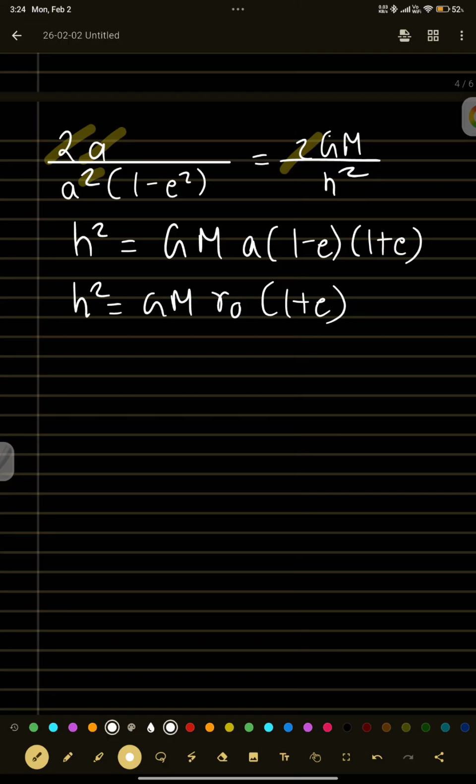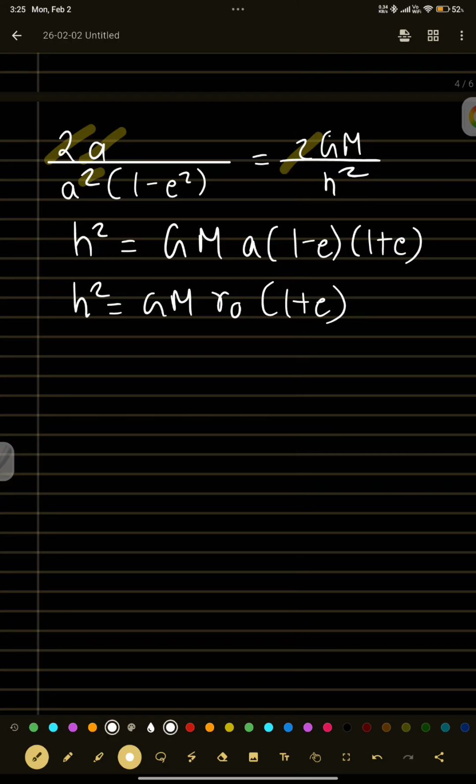Time period. What is the definition of time period? From the point where we are watching the planet, how much time will it take to come back to the same point? That is the time period. Whichever point you choose, you can choose this also as the starting point, it should come back here. From wherever you choose, that should be the time period. So technically, how will you evaluate this time period?